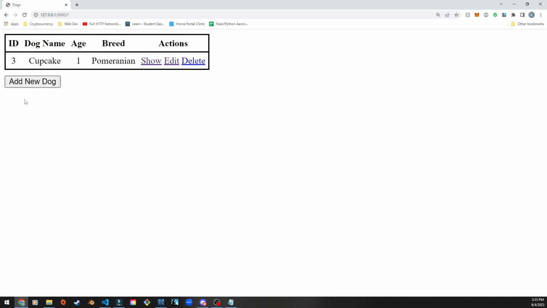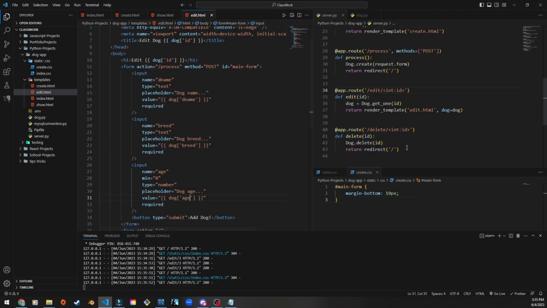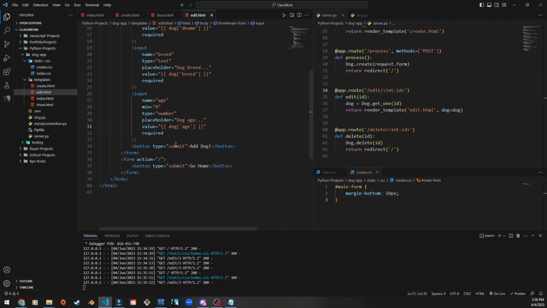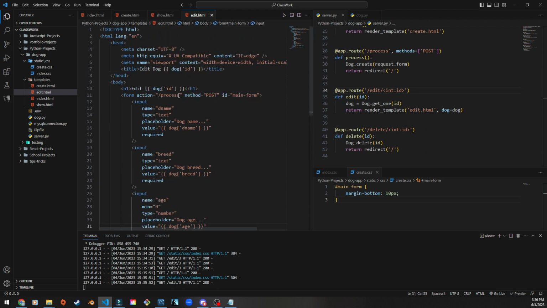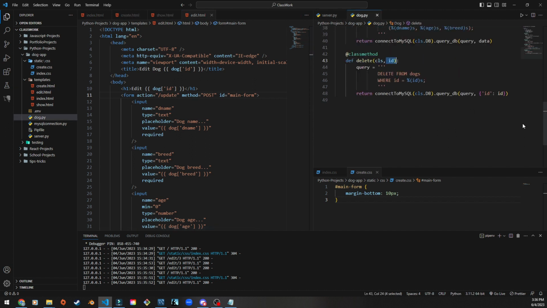So now that we have that set up, this is officially set up to be edited. The only thing left to do is we have to actually implement the edit on submit. So we want to be able to submit this form up here. We don't want it to be on process. We want it to be on update, right? And it's a post request, so that can stay the same. So now we just need an update method inside of our class. So we're going to do @classmethod, okay, def update,